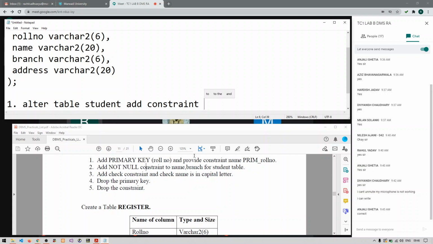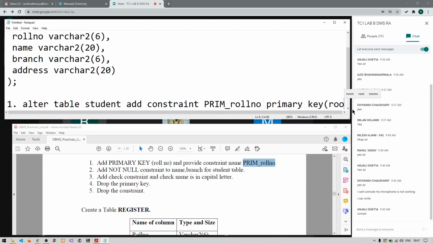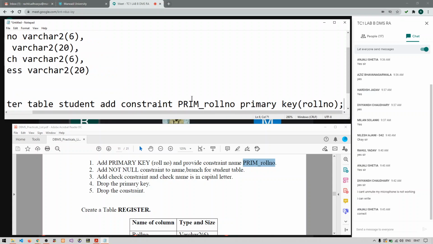Here it is clearly said that you need to provide the constraint name as prim_rollno. So we put the same name: add constraint prim_rollno. Then write primary key, and in brackets provide the column name on which you want to put the primary key, so it is rollno. So this is your syntax.